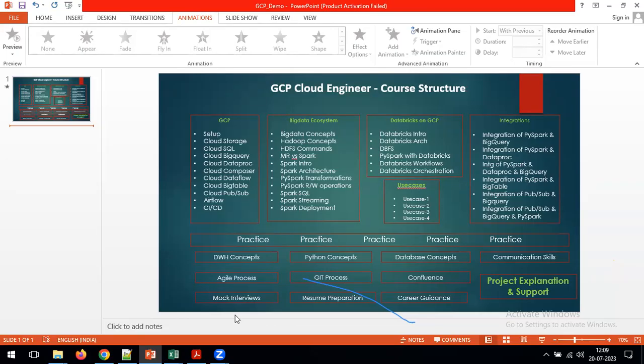and all these things. What help I can provide here is on the resume preparation side, career guidance side, and how you can put the projects in your resume. Such kind of support I can provide from my side. But if you are expecting any kind of certificates and all these things, please have a discussion with the admin team in the quality part.